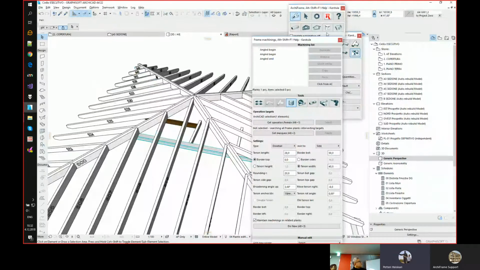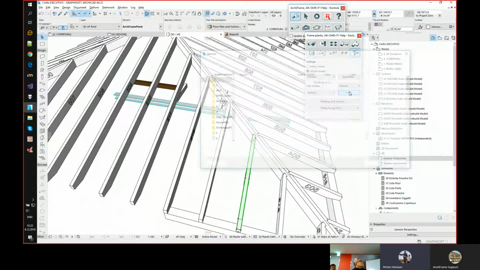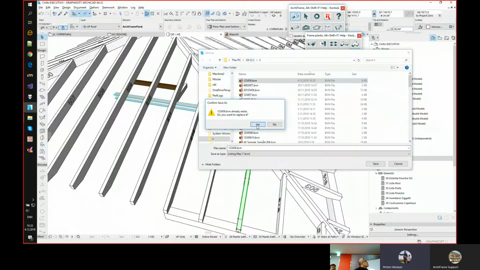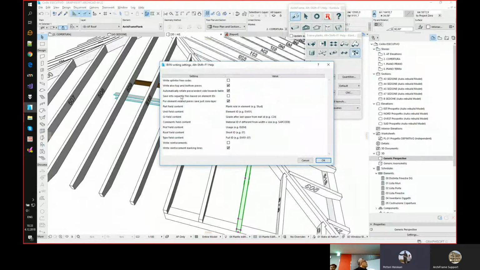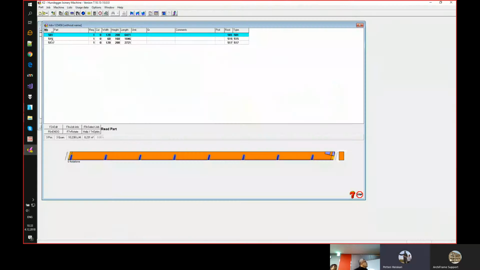Let me see if there is an option. I believe it is based on this. If you have it as blank, if you have numeric blank ID, then Hundegger will be able to print it automatically. But let's see if here is an option. Yes, in Hundegger we don't have that option to print it separately to the part. But I believe